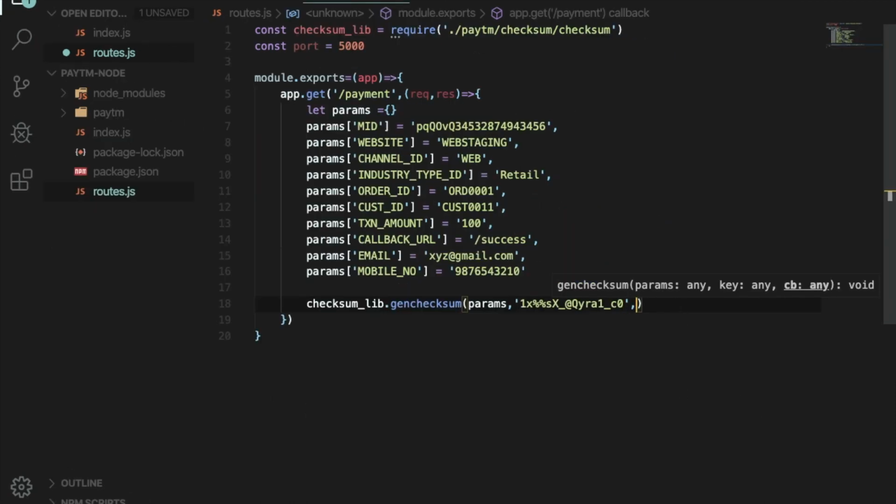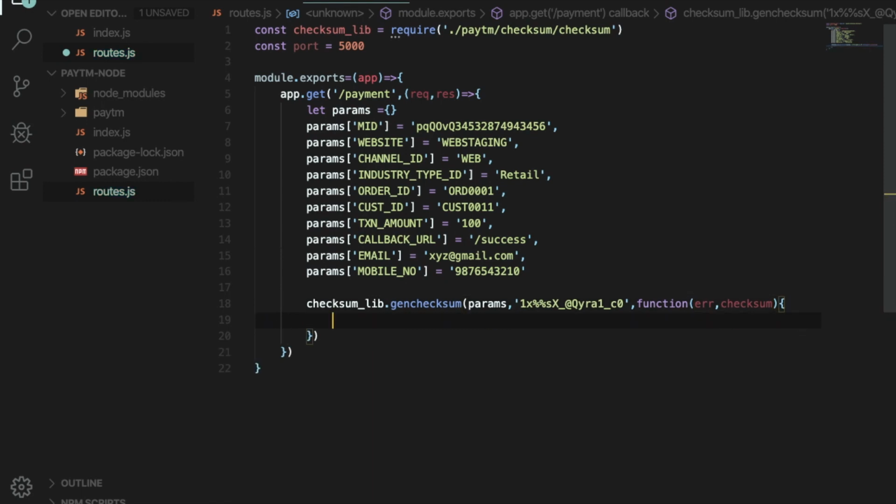And the third parameter will be again a callback function. So write function, and the first argument will be error, and the second parameter will be checksum. Alright, okay, now write let